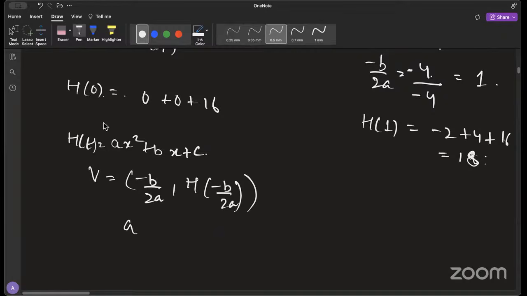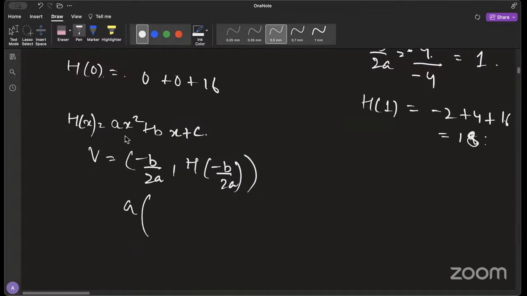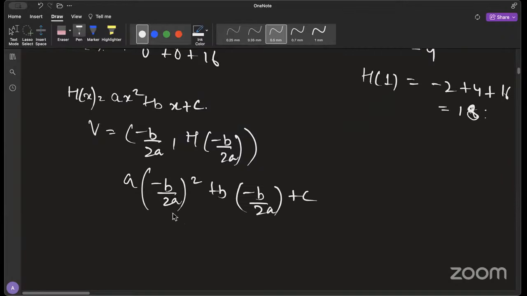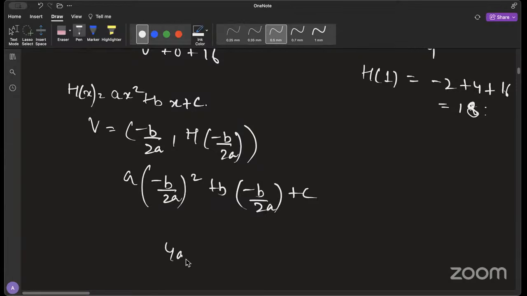Actually you should take h of x here because it's a function of x. So this will be a times minus b by 2a squared plus b times minus b by 2a plus c, right? So from here you will get b squared over 4a squared, times a,